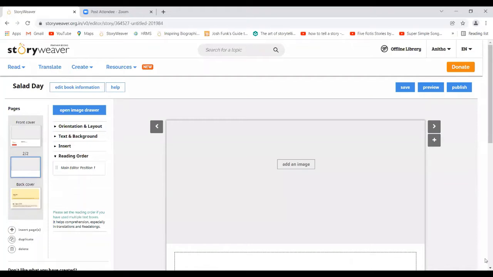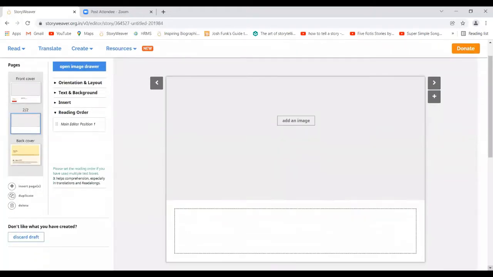So we have entered the details. Now, the front cover, later only we'll be adding the image. So first it will come to the first screen. So this is the first screen. In this first screen, what I'm going to do is take the first screen number in my story, copy it, and paste it here.